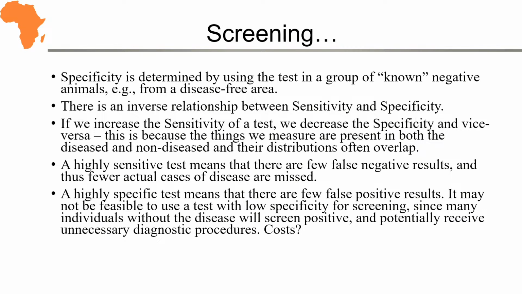We talked about 2x2 tables. False positive. When you have high specificity, and we will come into that. So if we increase the sensitivity, we decrease the specificity and vice versa. This is because the things we're measuring are the same, right? Within the body, it's an antibody. So if it's negative, it's negative. If it's positive, it's positive. Now, a highly sensitive test means that there are very few false negatives,